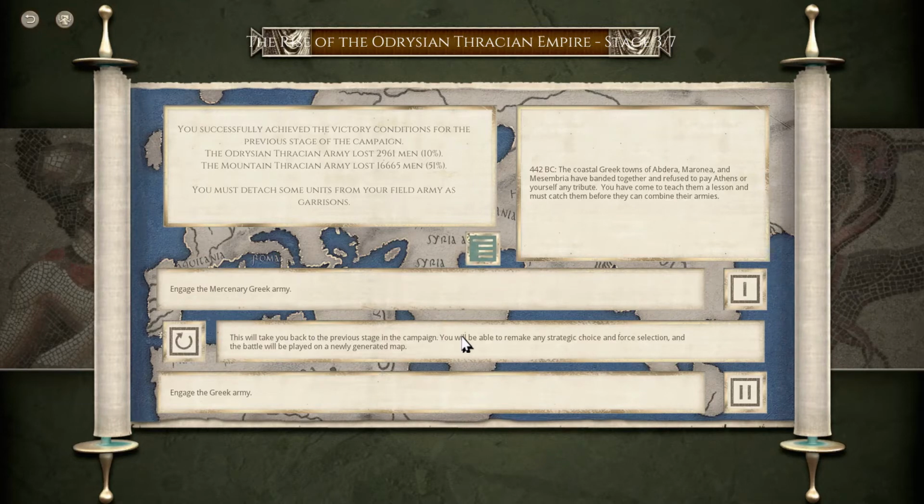Okay, so we've got to the next stage, and in the next stage, having incorporated the mountain tribes into our army, which means we've got some reasonable infantry, we're now having trouble with the Greek coastal towns. In most cases there were good relations between the Thracians and the Greek coastal towns, because they were good trading relations, but